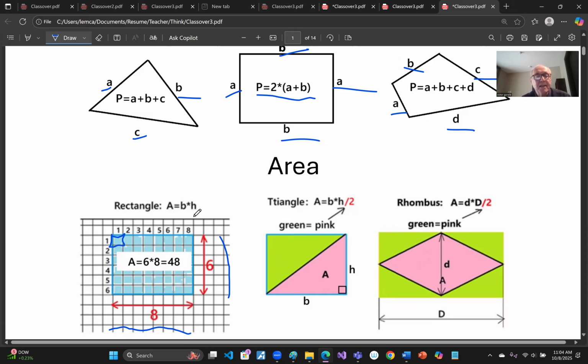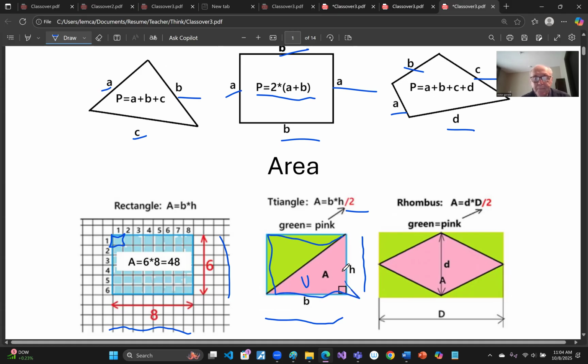When you understand the formula for a rectangle, it's easy to understand the formula for a triangle. It is equal to the length of its base multiplied by its height over 2, because the area of a triangle is half of the area